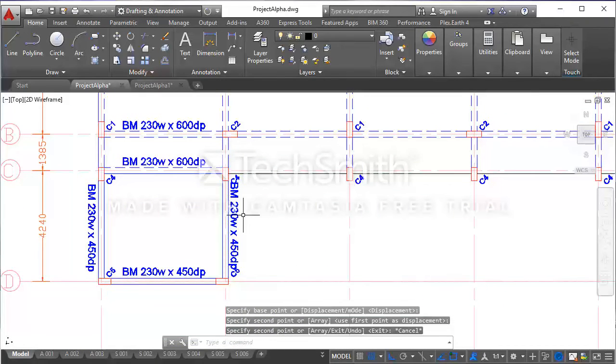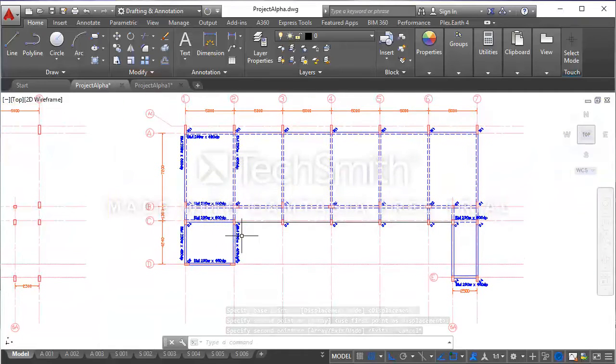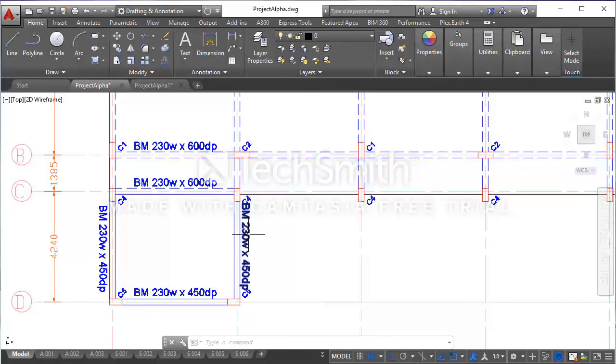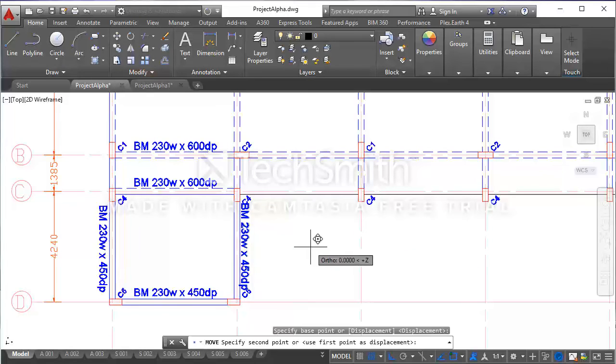Okay, so if we created the label along the line 2, when I zoom into this label, it interferes with our column label. So what I will do now, I will select this label and move it to the other side of the beam.